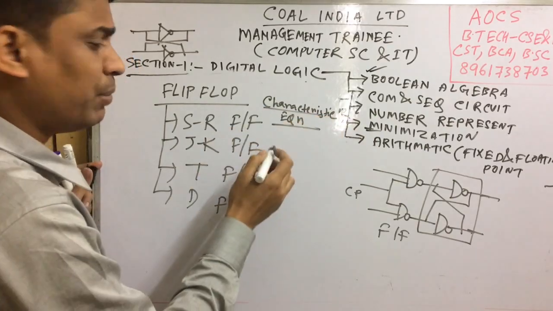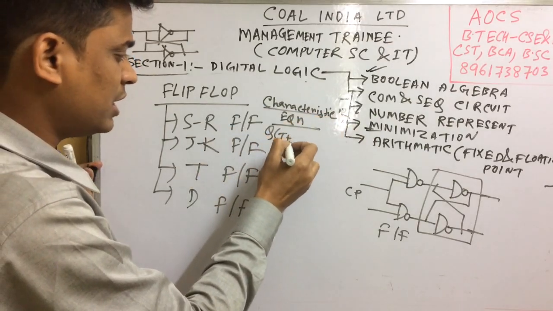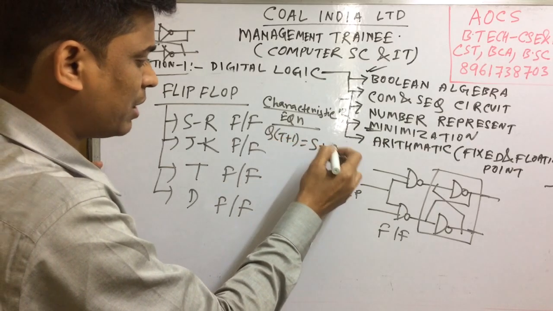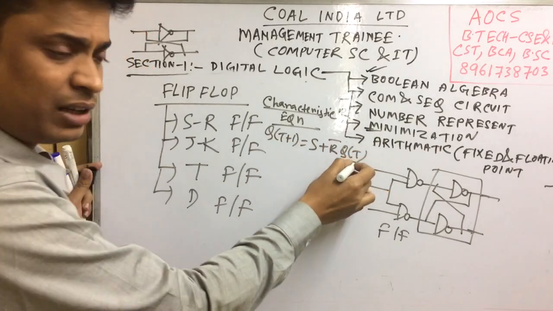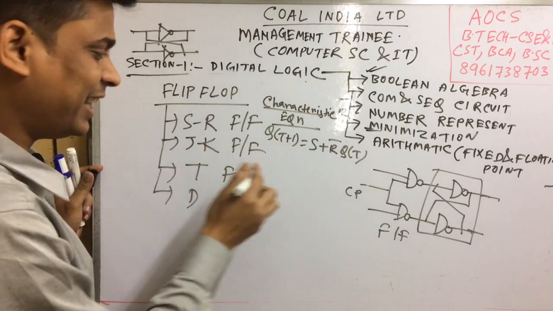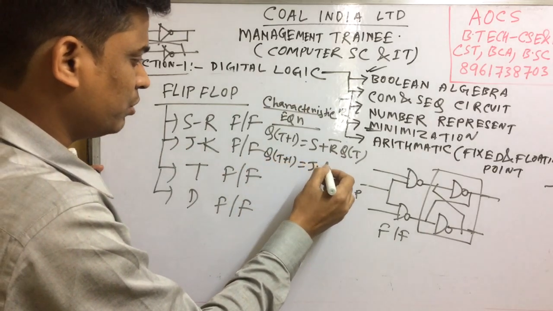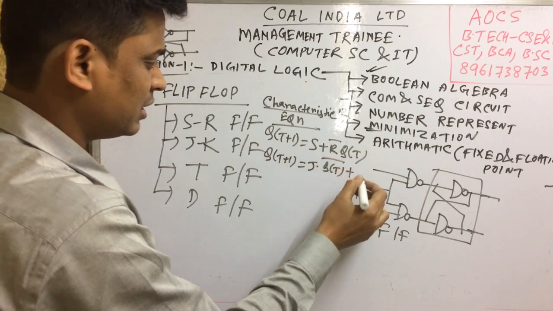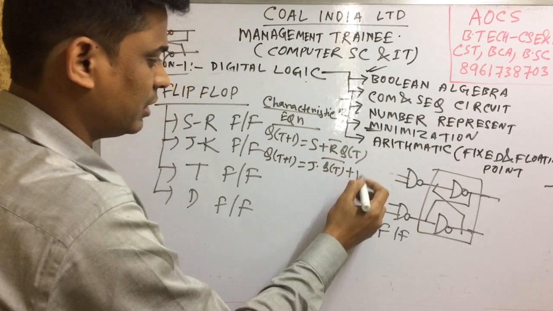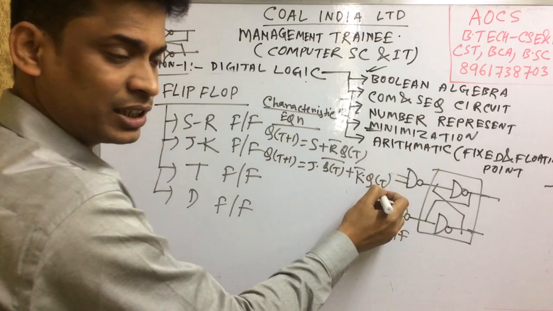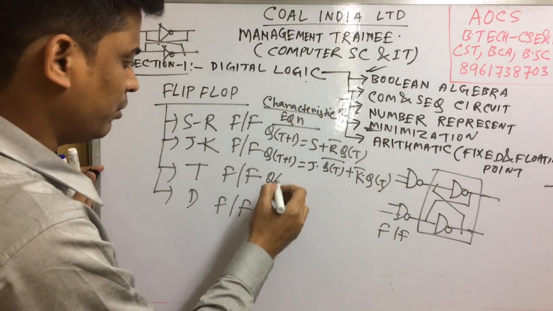In the SR flip flop, the characteristic equation of SR flip flop is that Q(t+1) is equal to S plus R bar Q(t). Okay, mind it carefully. In JK, Q(t+1) is equal to J into Q(t) bar plus K bar into Q(t). In T flip flop, Q(t+1) is